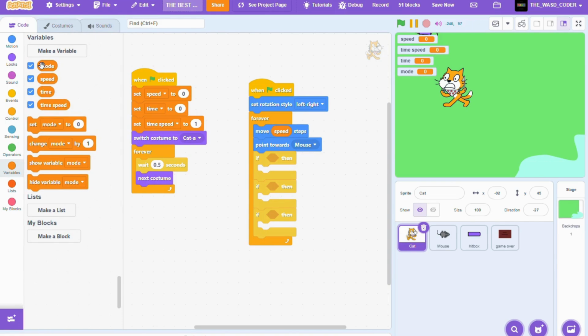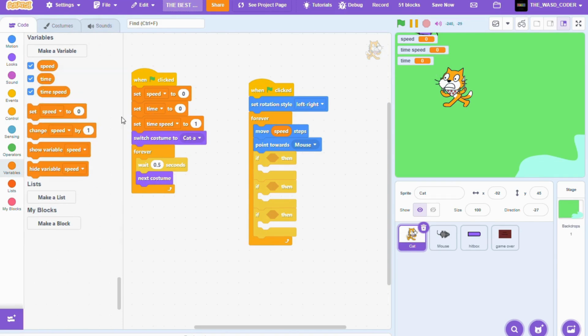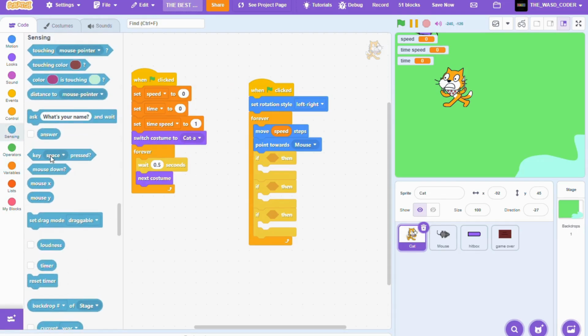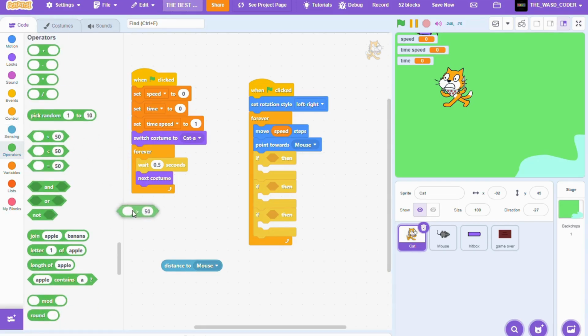No mode, so delete mode. So just, you have these 3 ifs, and then you get an if time, if distance to mouse. So if distance to mouse, not mouse pointer, mouse, is greater than 200, then